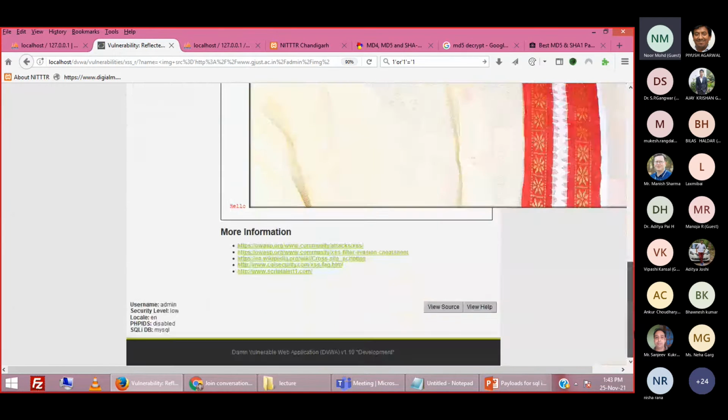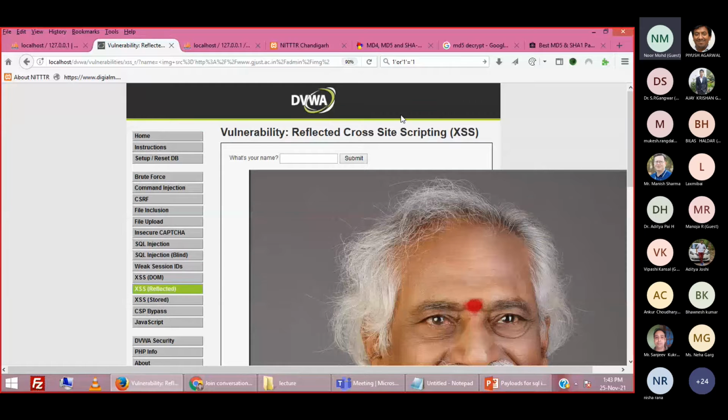As a result, this photo should not appear here, and this text box should not allow any image script to be entered by the user. But because the developer was not aware of this type of hacking, he has not done secure coding. As a result, this type of problem is coming.